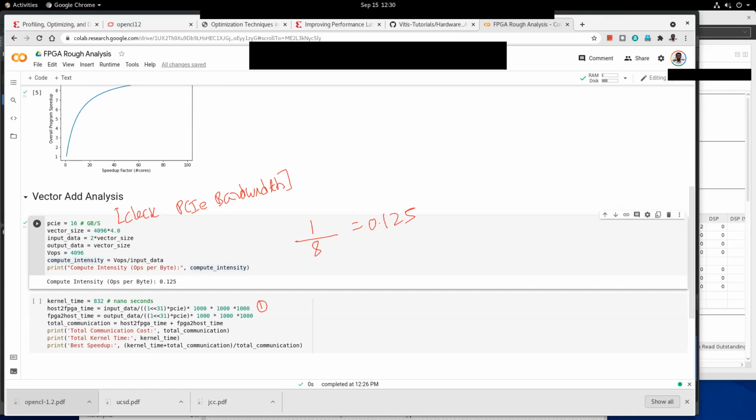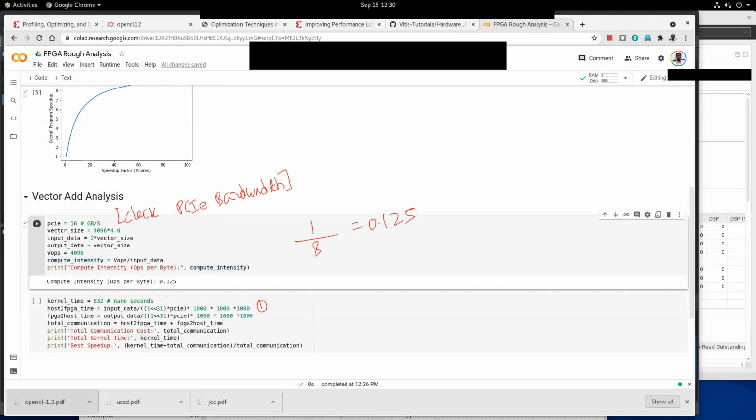You can look at the expression clearly later, but overall, this line computes, if the PCIe bandwidth is 16 gigabytes per second, how much time it takes to transfer the input data for vector addition from host to device memory.